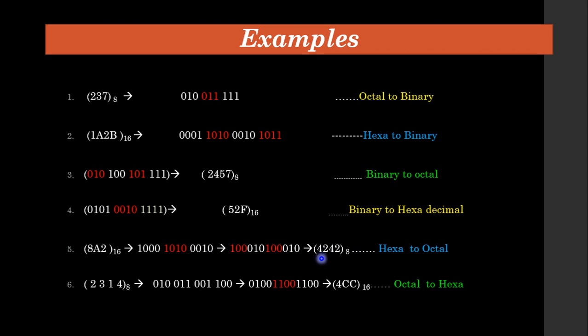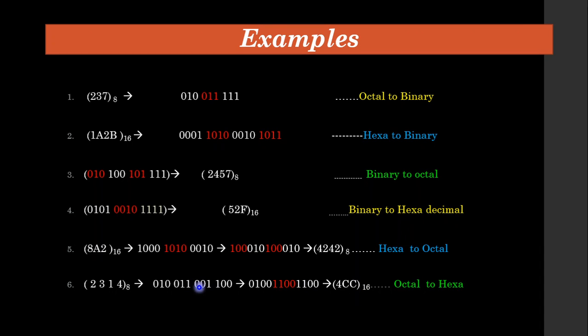And then one more example in the vice versa case, having an octal number and converting it into a hexa number. Having an octal number, expand each digit into 3 bits. So for 4 it is 100, for 1 it is 001, for 3 it is 011, and for 2 it is 010. After expanding this way, I have to group the other way. What is the other way? Because converting into hexa, you have to group into 4 bits. I have grouped 1100, which is 12. 12 is C in hexadecimal.